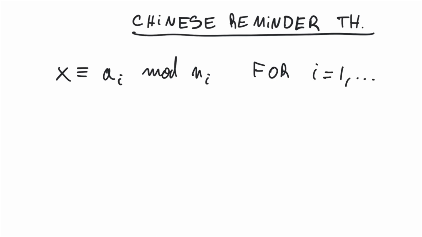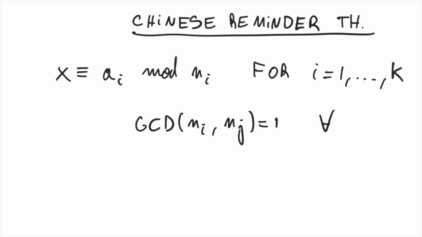Let's say we have k of them. Now, if the greatest common divisor of ni and nj is equal to 1 for all i different than j, then there is a unique x satisfying these equations mod n, which is the